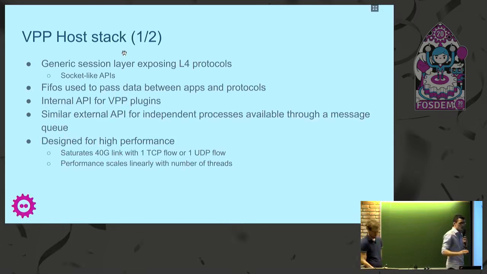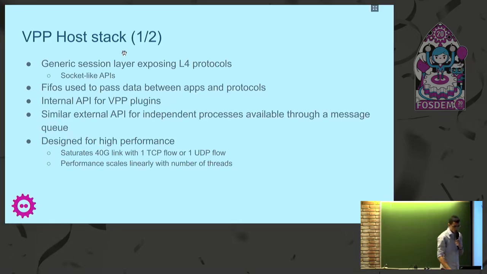Even though the internal API is more efficient, in particular, it doesn't involve required copies to pass data around. Instead, we are using FIFOs, where applications can write data and the protocols can consume it, and inversely. So it does have an internal API that we can consume in plugins. The external API is exposed through a message queue, but it's very much the same API, and it's designed for